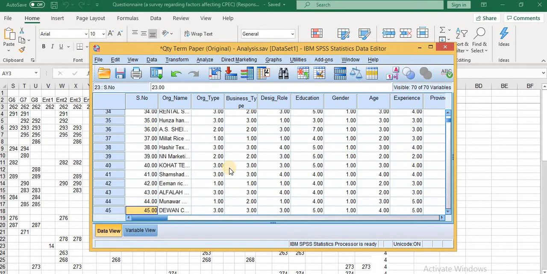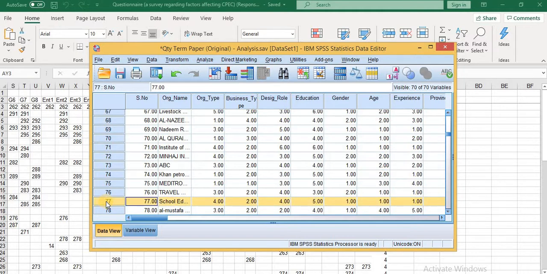Suppose you have a response number 78 which appears more than 5 times, and its response is found as an outlier. So you can simply click at that button and right click and then clear. So this is the serial number 76 and this is the serial number 78. It means that response number 77 I have deleted.